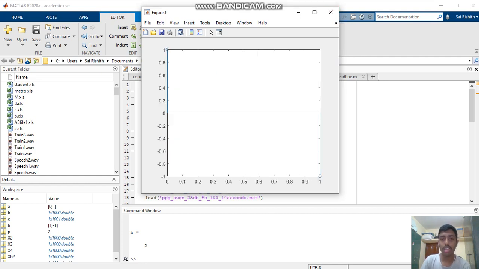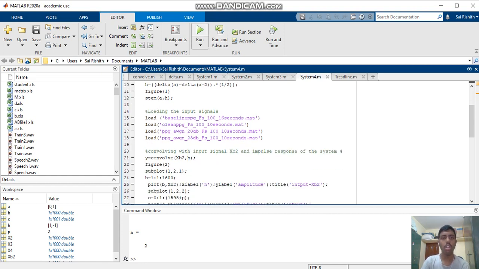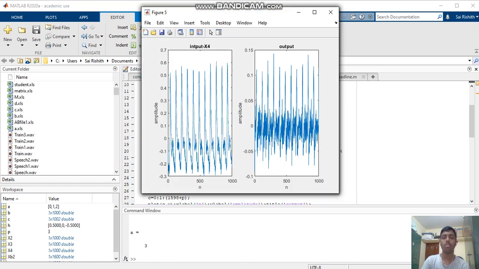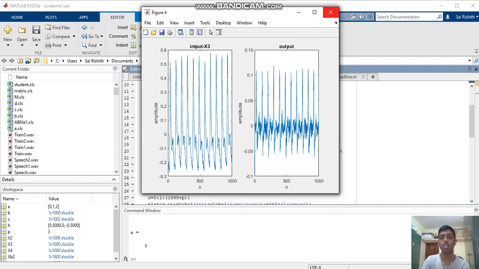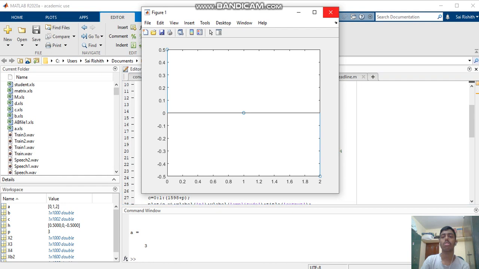And as mentioned, this is the impulse response of the third system. Only at 0 and 1 it is having values, at 1 it is -1, and at 0 it is 1. And for the fourth system, that is 1/2 of x[n] minus x[n-2], finding the impulse response and following the same procedure, now I will get an even response. See here, it is also the same as the third system. It is a high pass filter as it is only passing the high frequency values. And this is the impulse response of the given system.